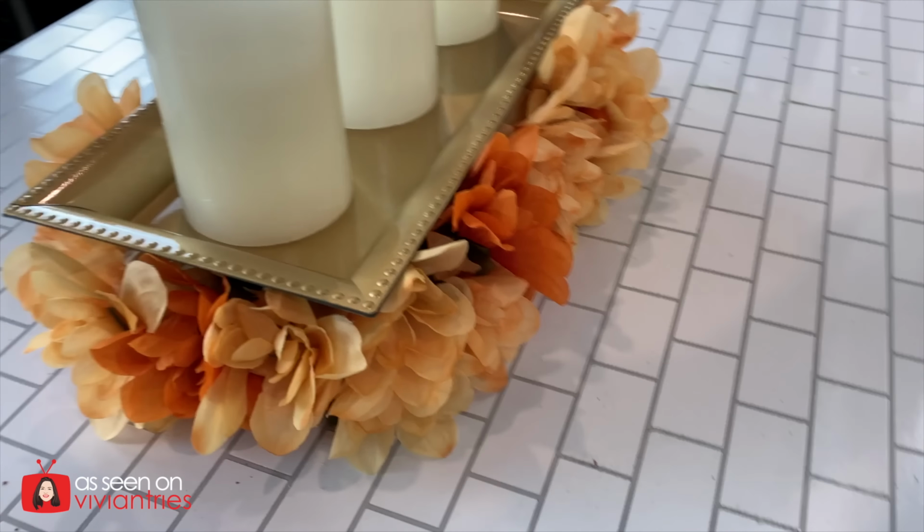Here it is. What do you think? Gorgeous, right? Look at it from the top. You can even see the little sides here. Now all we need is some beautiful